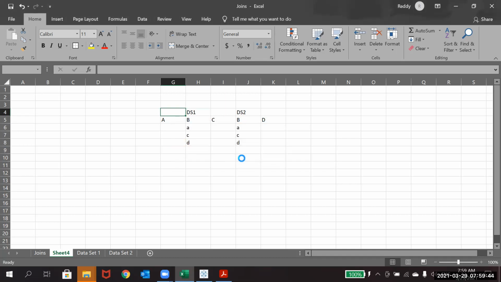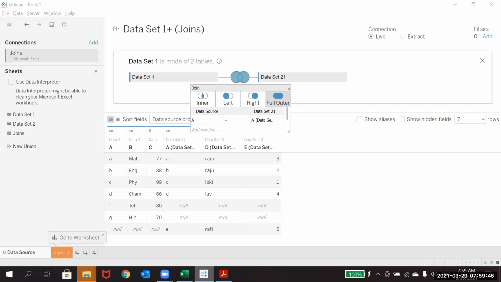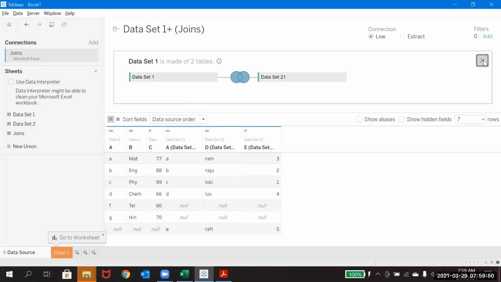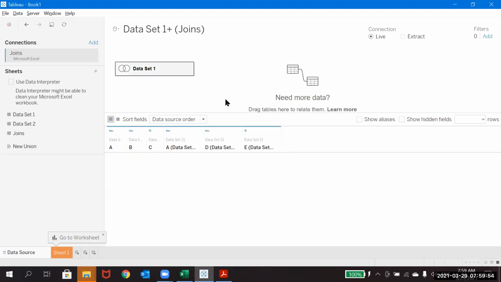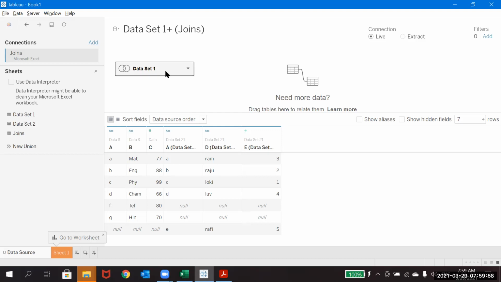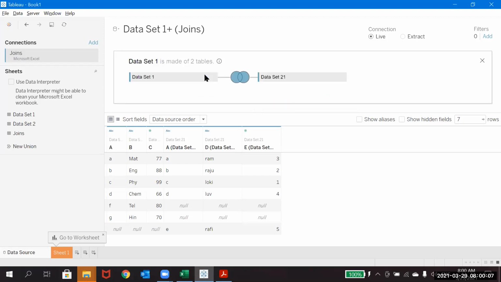When you go to Tableau, again I'm telling you how you will do that. You just drag one data set here first. Click on this drop down and open.